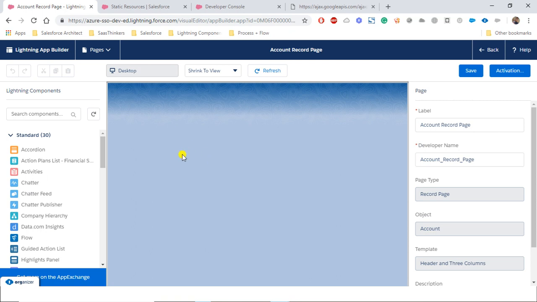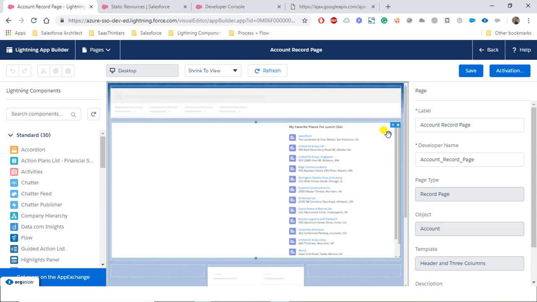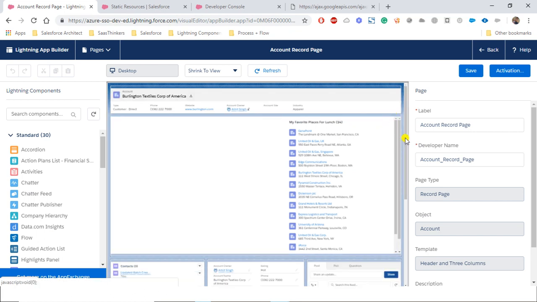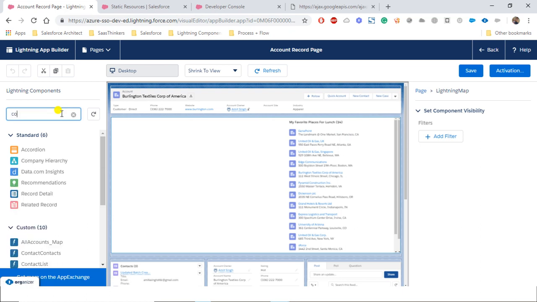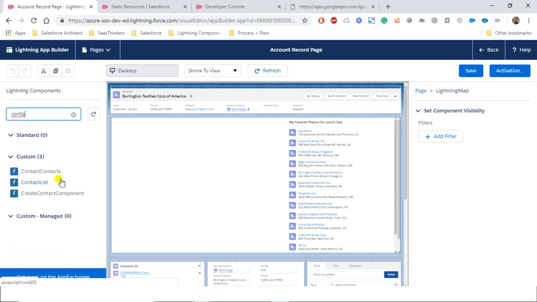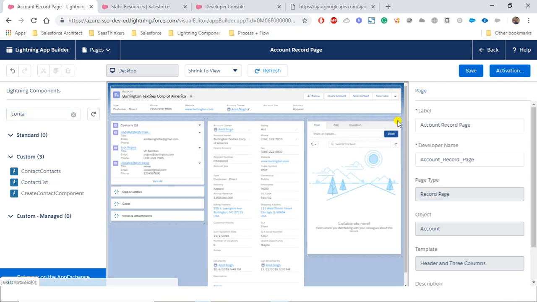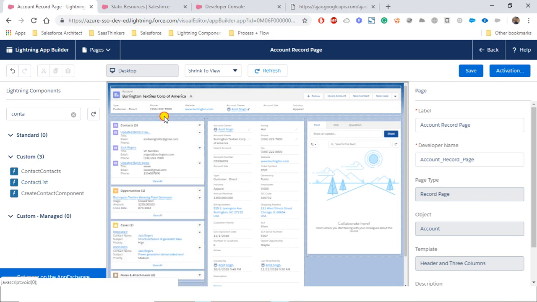And then we must be able to see the alert message that the script loaded. So here what we need to do is remove this component, and after removing the component, here we can see contact list, this one. So let's go ahead, remove this. Why are we not able to? Okay, now contact list,